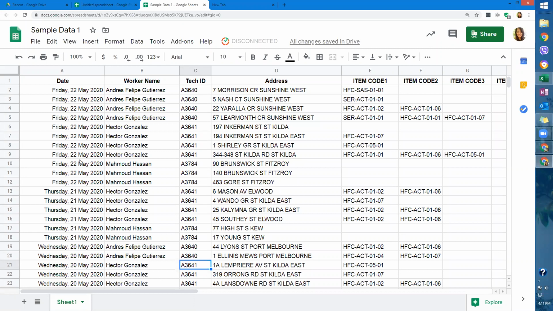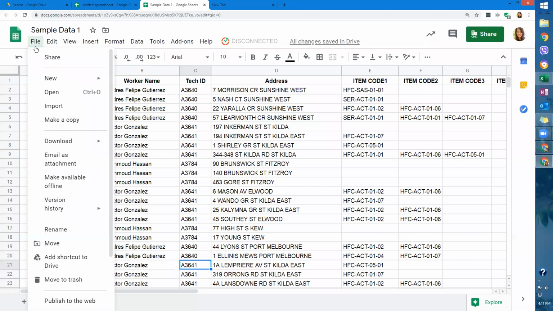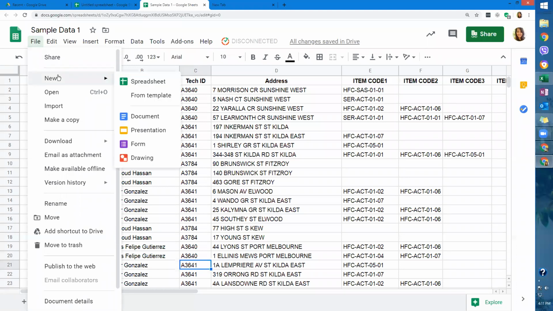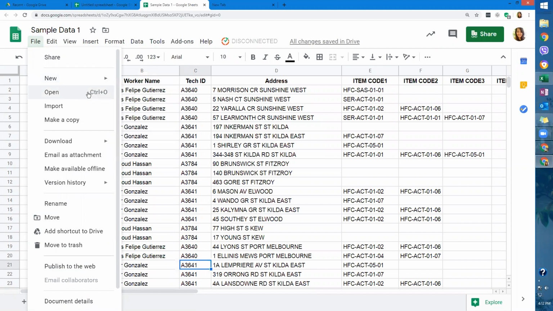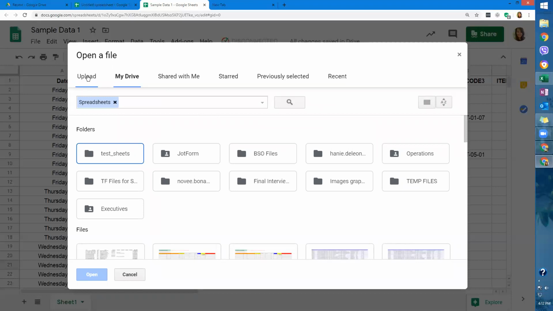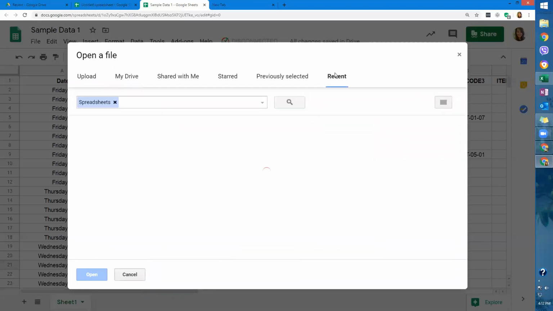One of the beauty of Google Sheets. Okay, so isa pa lang yung na-discuss natin, medyo mahaba na agad. So, like I said kanina, since we're going to be concentrating on spreadsheet, so new is if you wanted to create a new spreadsheet, and then open, same thing if you have some file stored here, or